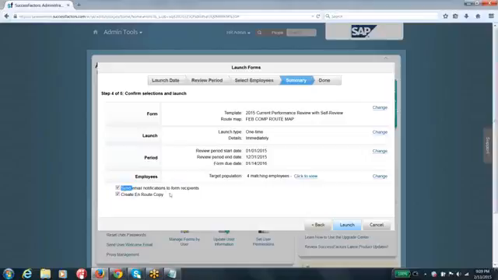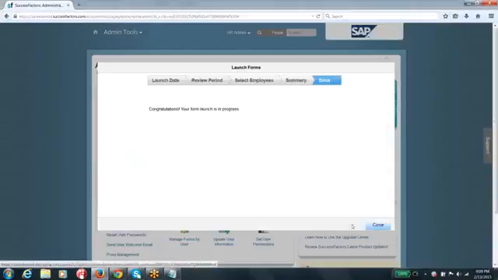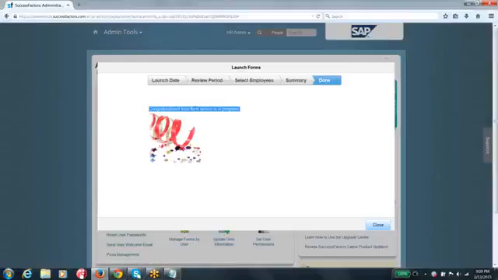If you are interested in sending the form or email to the employees, you can go ahead and select these things so that people can receive email and look at their system inboxes to find there is something pending from their side. They can go ahead and update the required information or take the action on that particular form, guys. And you can see the launching of the forms is in progress.